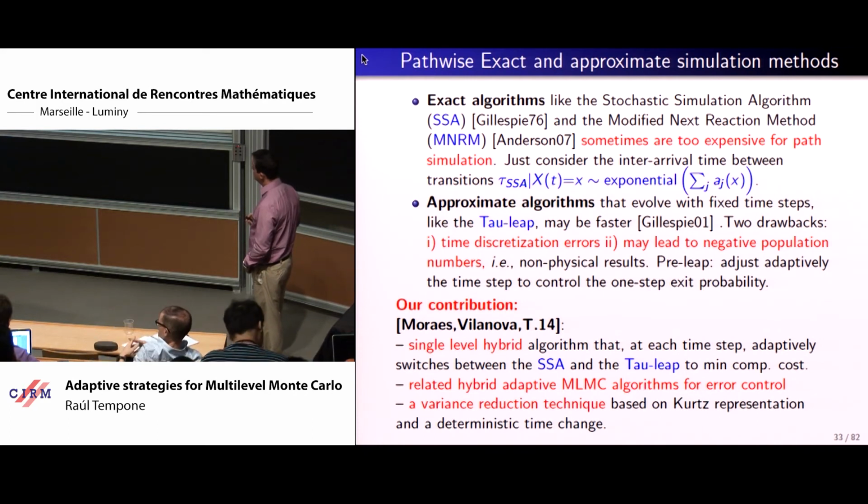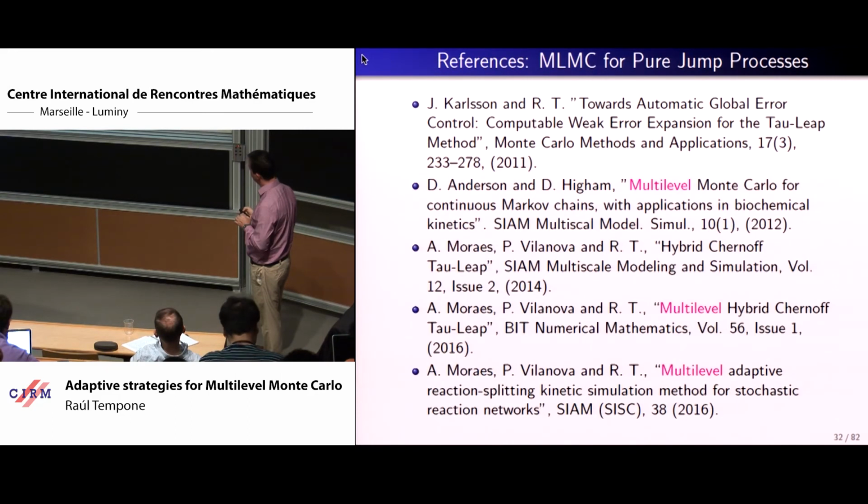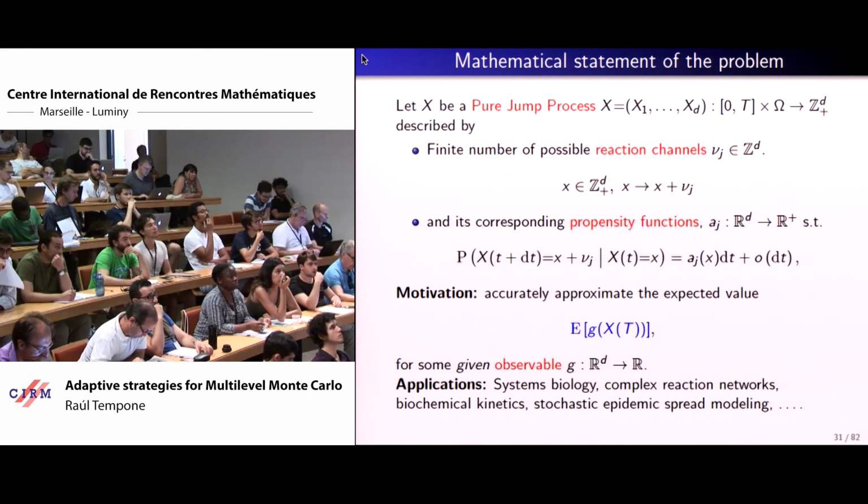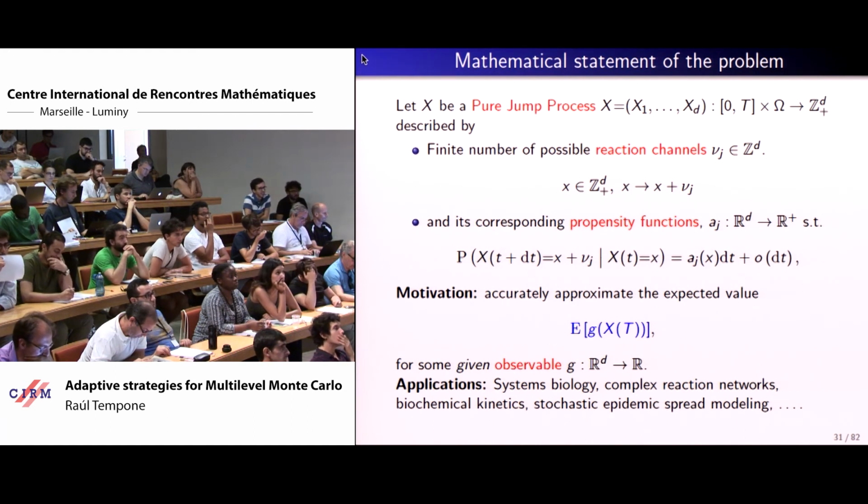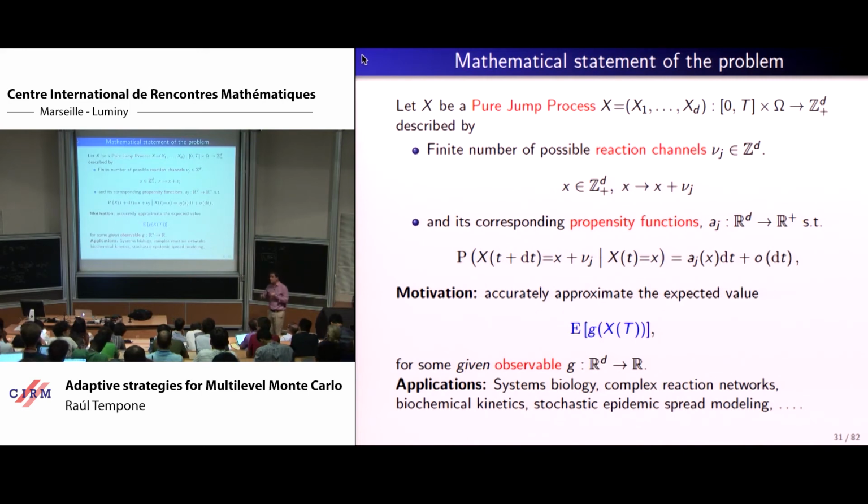The other thing is that this idea can be generalized into multi-level Monte Carlo algorithms for error control, again. And not only that, you can do this according to the different channels. So I told you before that when you introduce this, there are different J channels, right? And with respect to these J's, what matters really is the propensity. If the propensity is large, you're taking a lot of events over a unit time step. If the propensity is small, these things don't fire often.